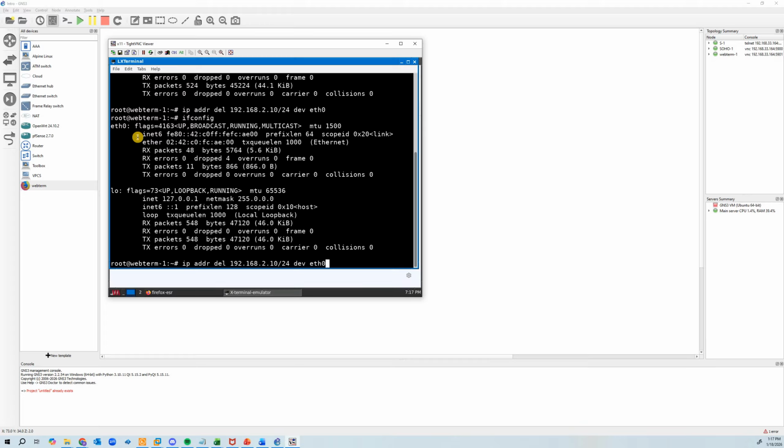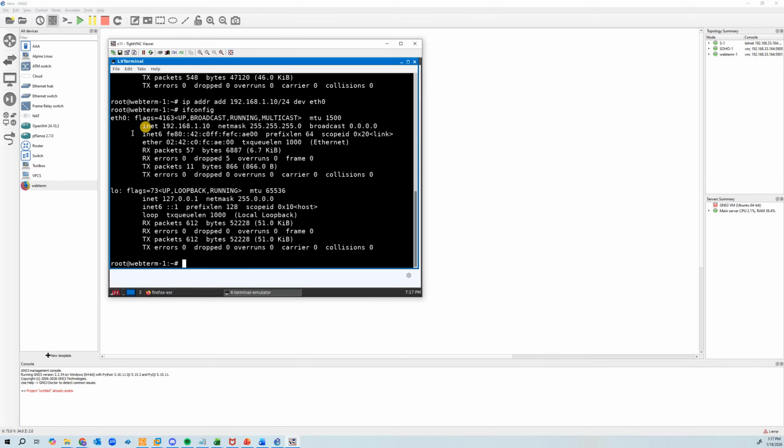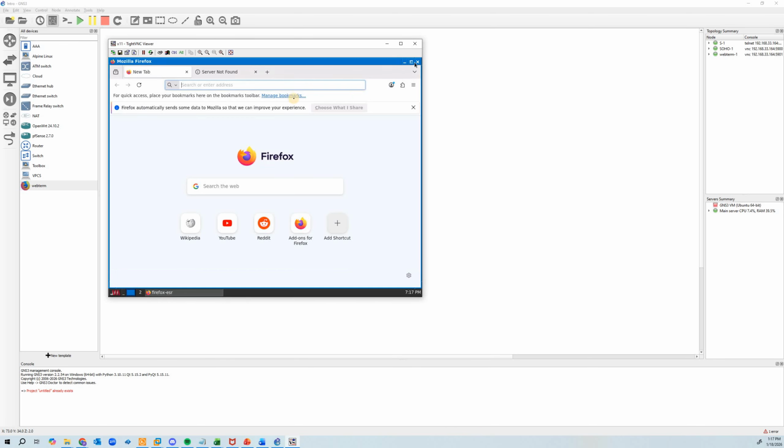So now let's put the right address in there. I will do the ip address add, left arrow, and I'm going to change that to 1. And ifconfig again, just to make sure that it's in there correctly. So now that I've got an IP address on here, I can go ahead and just close my terminal, and now I can type that address into